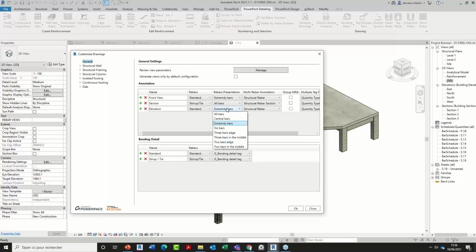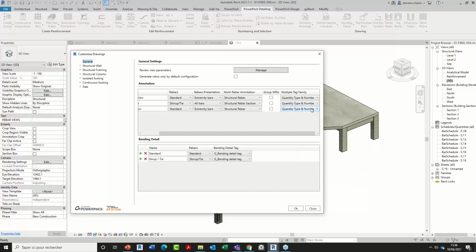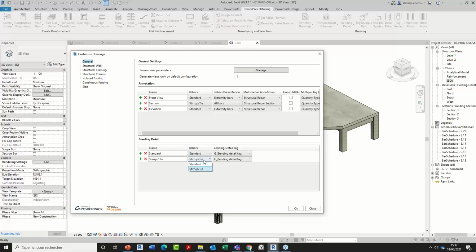Do I want to hide them fully, etc.? Set a multi-rebar annotation system, and we can also set the family tag I want to use. Same for bending details: we can automate the bending detail placement with this command, depending on the type of rebar you have in your project. And this tool will also automate first the section creation, and by creating some detailed views.